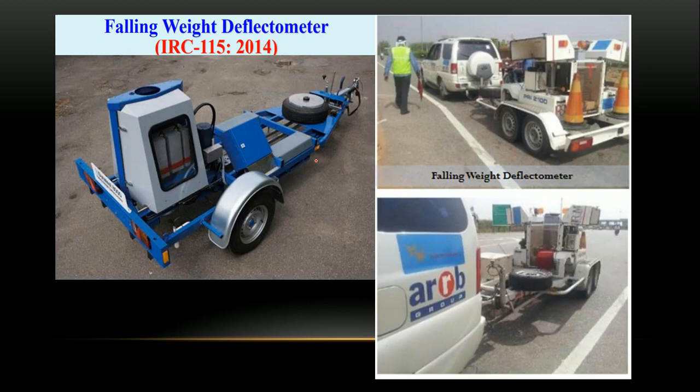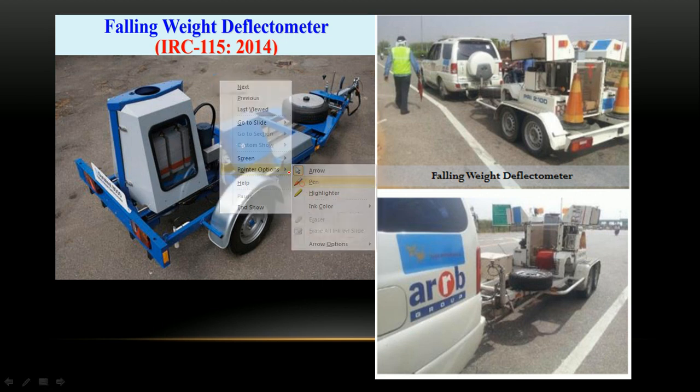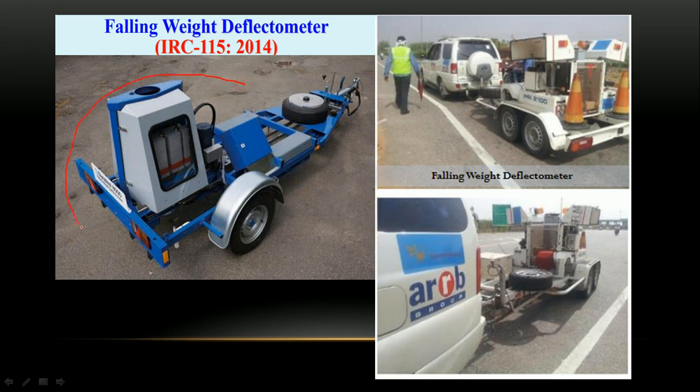It consists of, you can observe the different pictures showing the falling weight deflectometer. This is the backward portion. You can observe this is the entire falling weight deflectometer and it is attached with the vehicle. We can move the entire system to the point at which we need to find out the deflection. You can observe here there is a movement of the entire system from one point to another point, which has a boom.